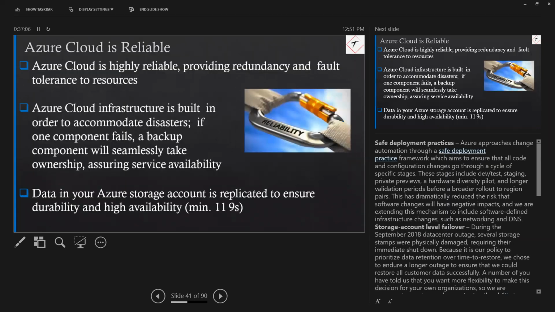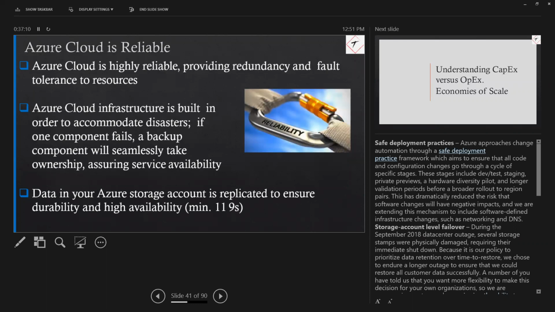Azure Cloud is reliable, so that means they provide a lot of fault tolerance and also provide data redundancy. So this will ensure there is no loss of data. Azure cloud infrastructure is built in order to accommodate disasters. So if one component fails, the backup component will seamlessly take over, ensuring service availability. Data in your Azure storage account is replicated to ensure durability and high availability. So this ensures that the data is safe and reliable and you have access to it when